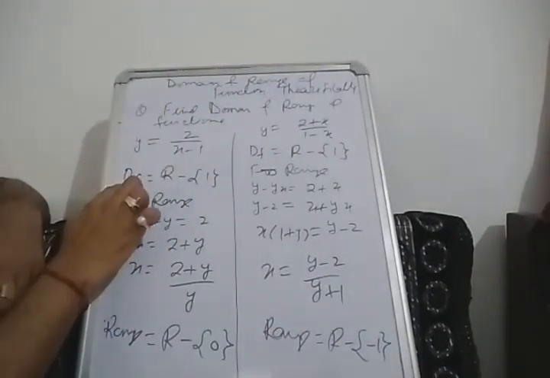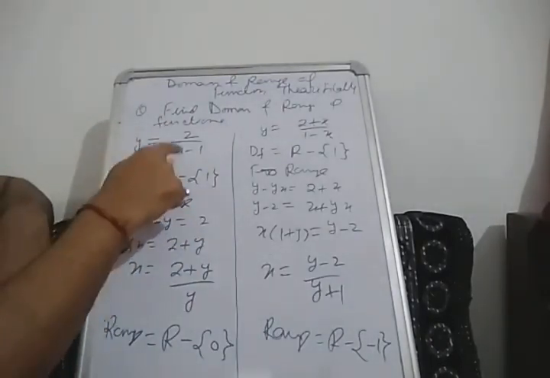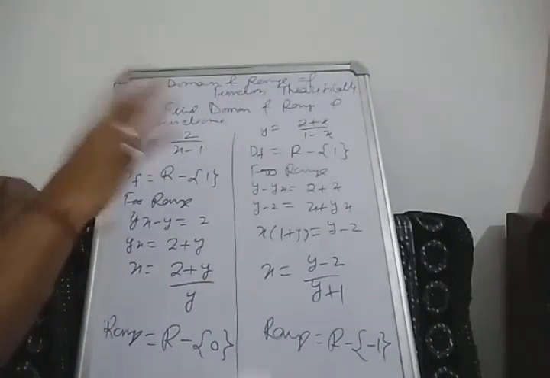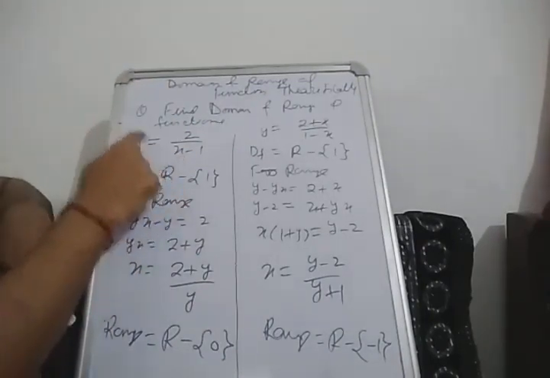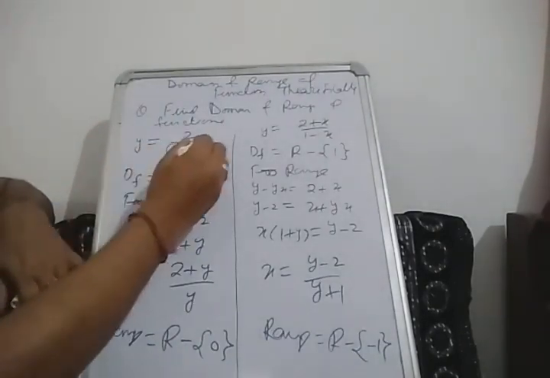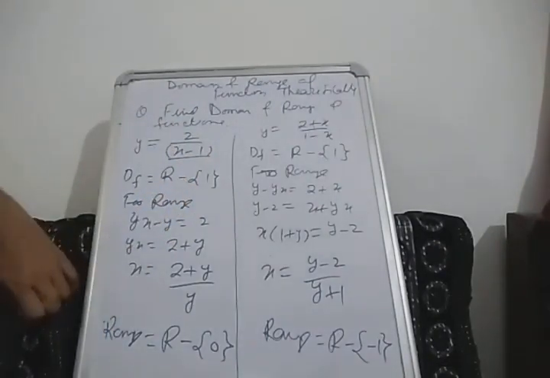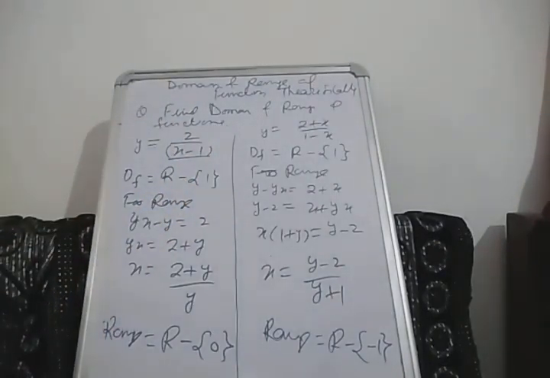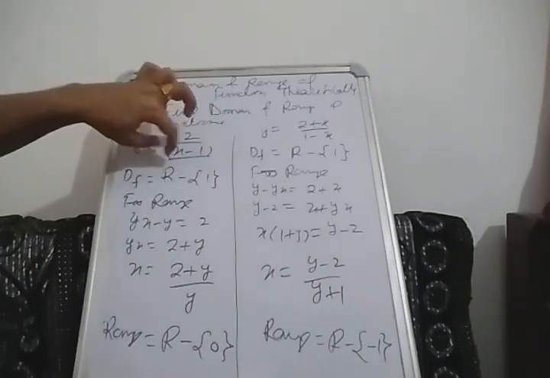So what will be the domain? All the real numbers except this one. You can put 2, 3, 4, 5, 1 by 6, 1 by 9, whatever, but you cannot put x equal to 1, because otherwise y becomes infinity. It means to define y, the denominator cannot be 0. The denominator should not be 0, because if the denominator in math is 0, then all the formulas of math are incorrect. Now domain means all the values of real numbers except 1.